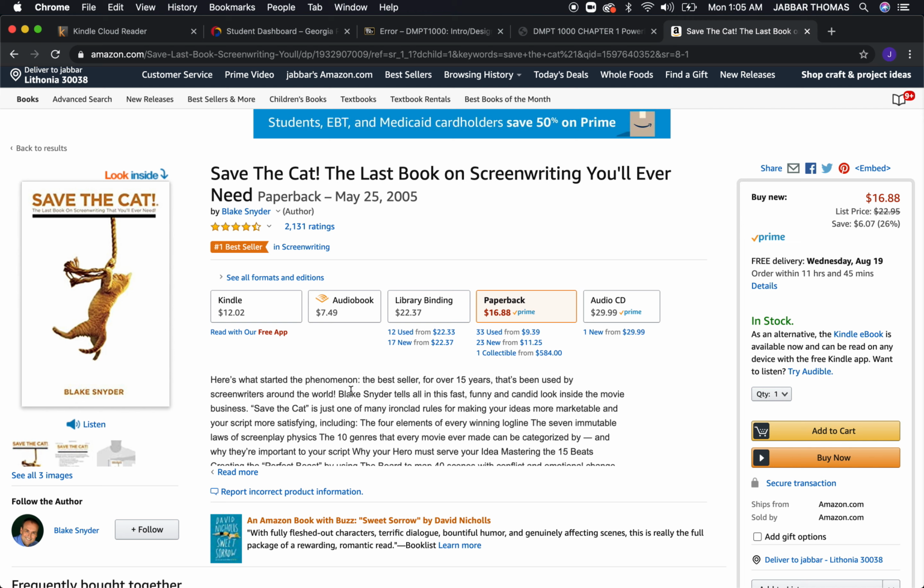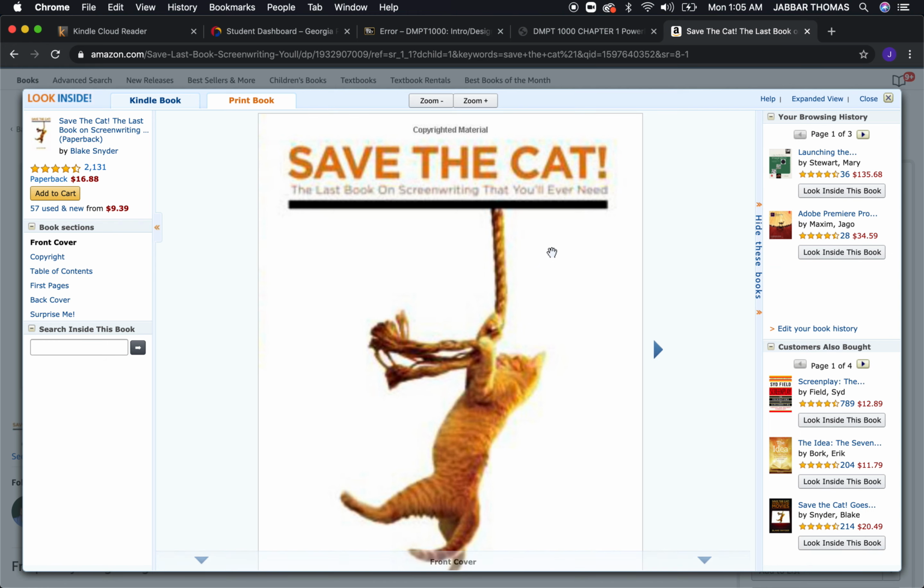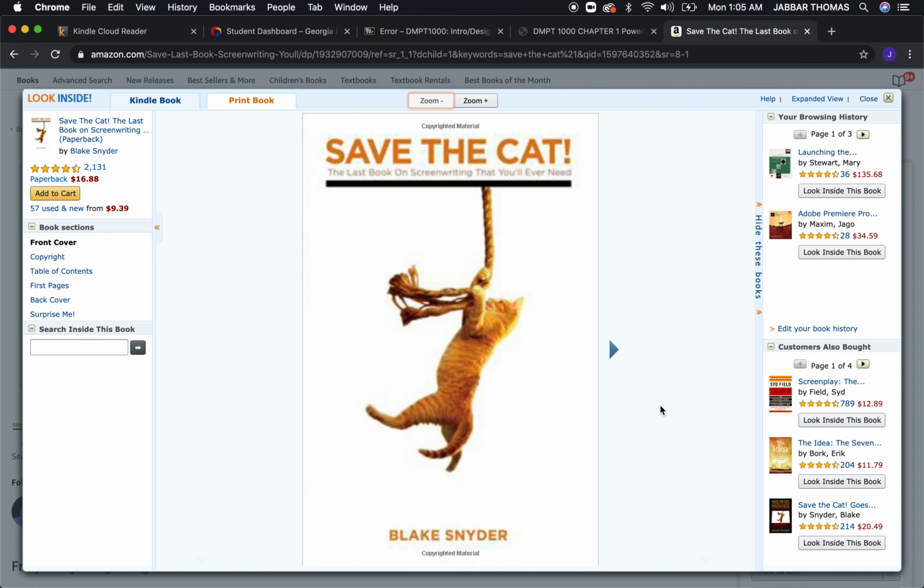Like, for example, when you work through your 15 beats, and we'll discuss what beats are a little bit later on, the 15 beats in your short script. That is something you want to be able to look at as you learn it visually, as opposed to just hearing about it. It definitely helps you if you see it visually. I'll give you a blow up of the textbook. Here's the textbook right here.